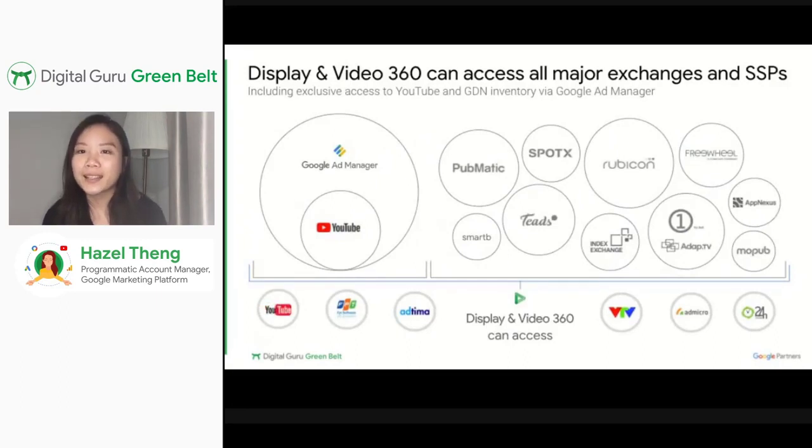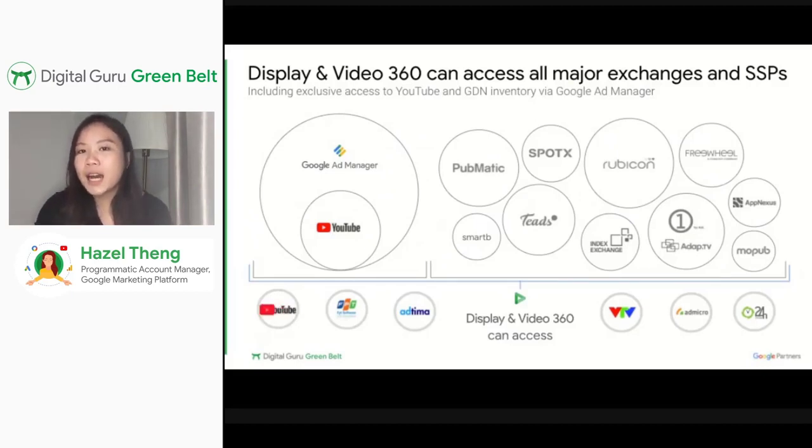It allows you to access major local publishers and ad networks all in a single platform. And beyond that, you also get to access Google owned and operated inventory via Google Display Network, which is what we call AdX. You also get to access YouTube and Gmail inventory in conjunction with your local publisher buys.